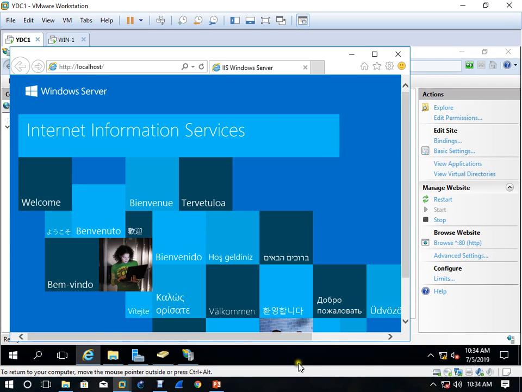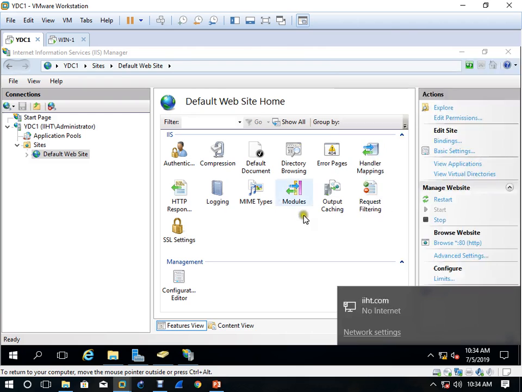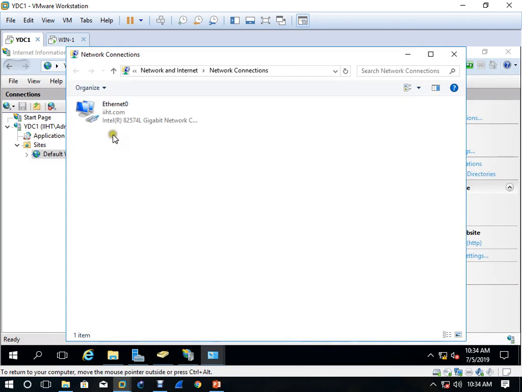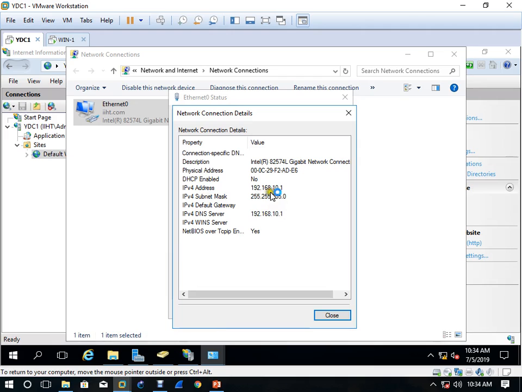Localhost means on this computer, and on this computer, how many IP addresses do you have? One. And what is the IP address? 10.1, right?